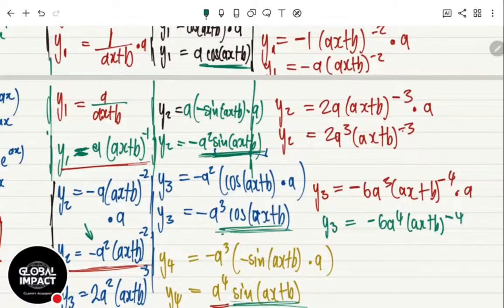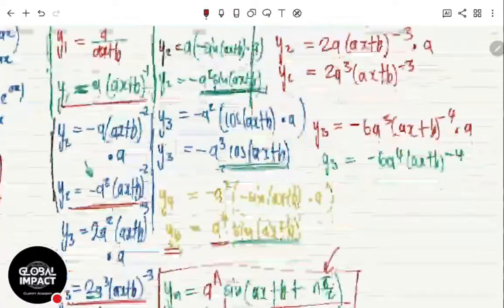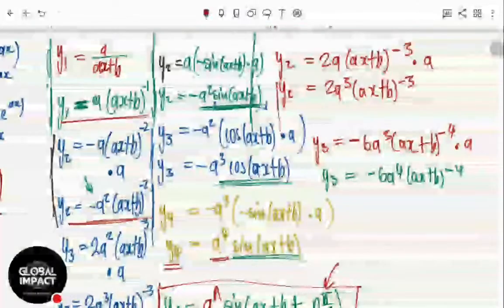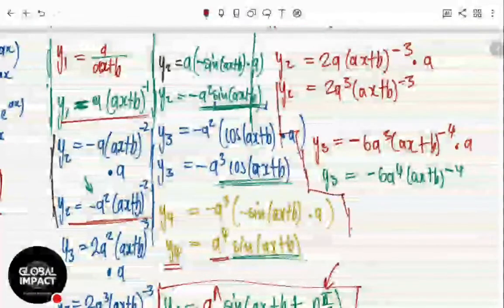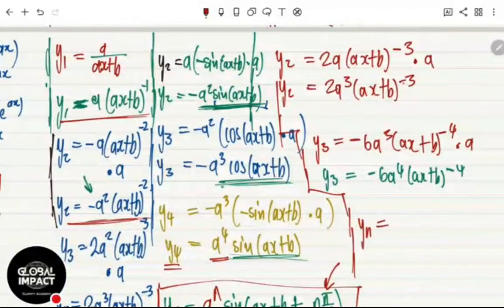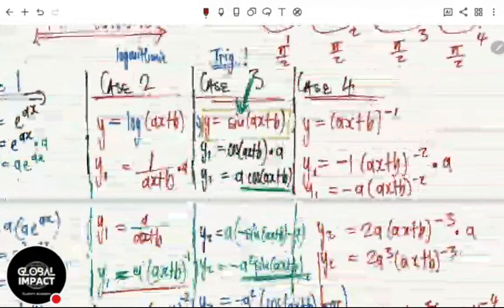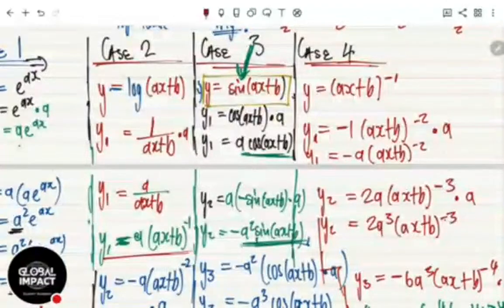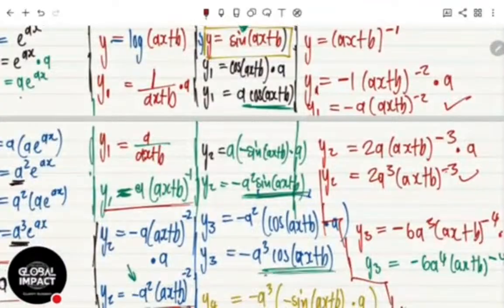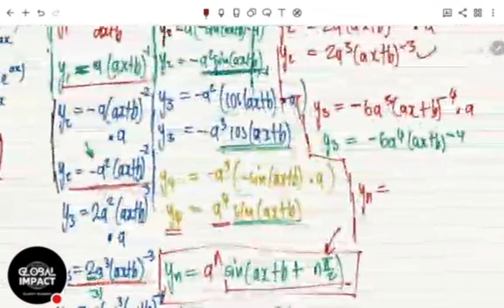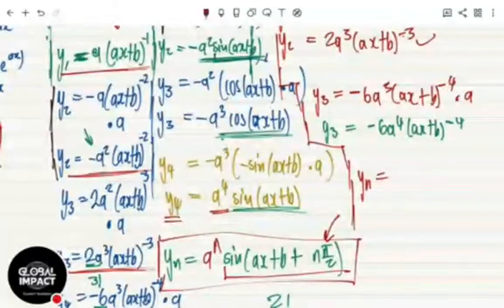So now we need to find a general formula for the nth derivative, yn. What is it equal to? We first see, do we have the sign changing? We can differentiate several times like we've done. y1 is negative. y2 is positive. y3 is negative. So you can see that the signs are alternating.